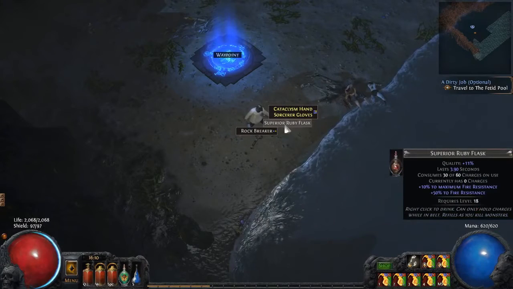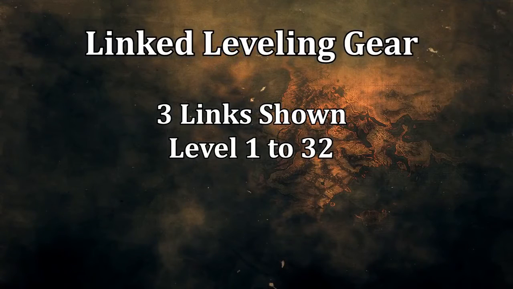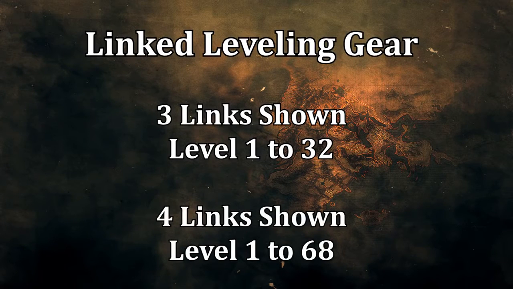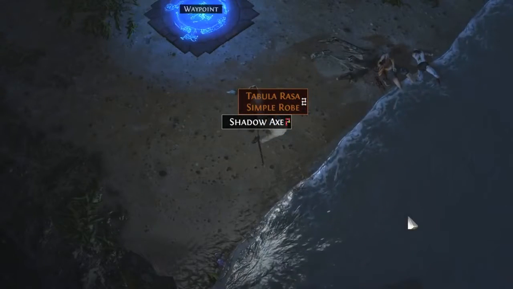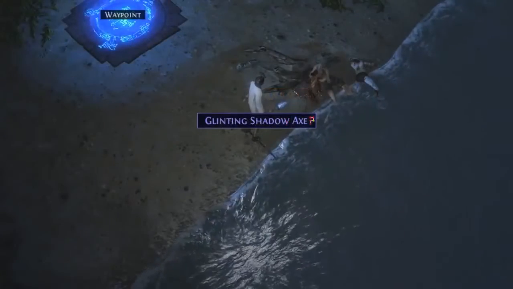Utility flasks will always be shown as well. 3-link items will always be shown in normal difficulty, as they can be handy for linking your skills to support gems. 4-link items are always shown for the same reason until level 68, the level at which you start endgame maps. Of course, 5 and 6-link items are not only shown but also given very noticeable highlighting to signify their